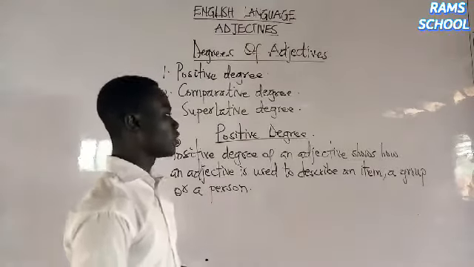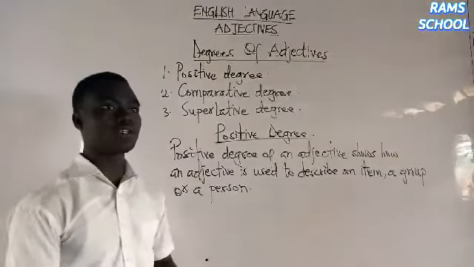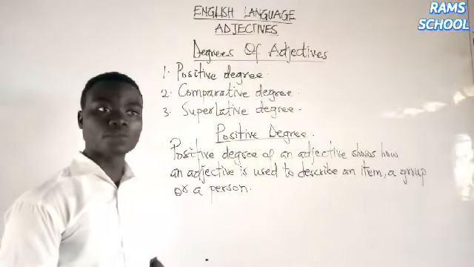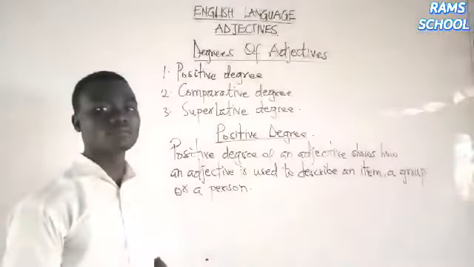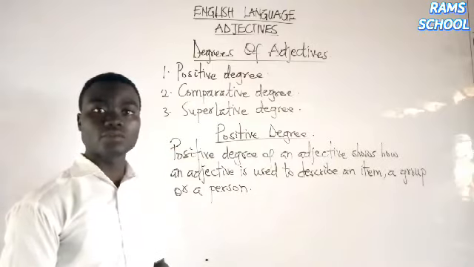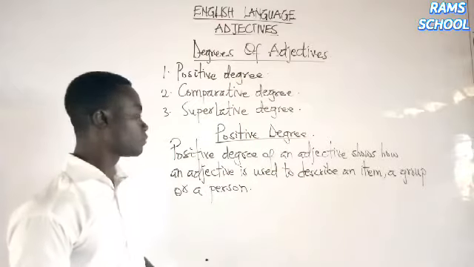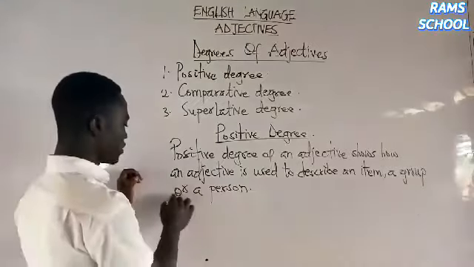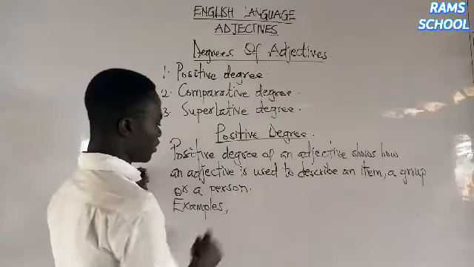So it shows an adjective being used to describe an item, a group, or a person. So the positive degree of an adjective is the same as adjectives. All the examples of adjectives you know are all positive because they can be used to describe an item, a group, or a person. So examples of positive degree of an adjective include